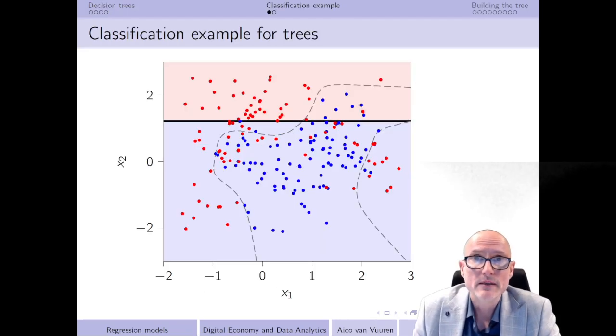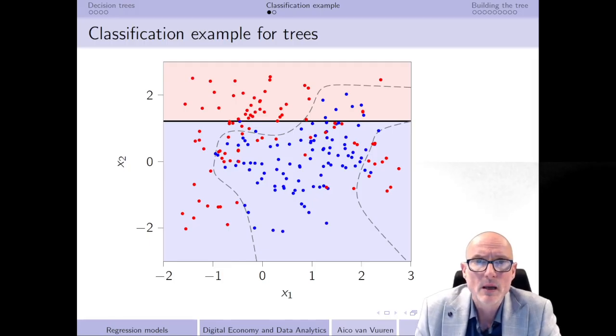In order to explain this, maybe the best thing to do is to look at a very simple example. The example that I'm going to use here is the one that we have already seen before, and that is the example of classification. Remember that in the previous video we looked at a situation in which we have two different classes, denoted by red and blue. Remember as well that we have two different features, x1 and x2, with x1 on the x-axis and x2 on the y-axis.